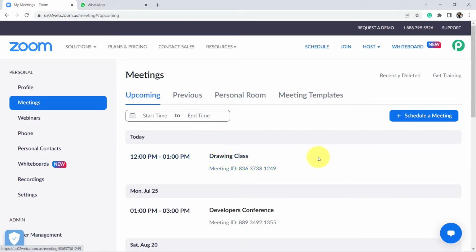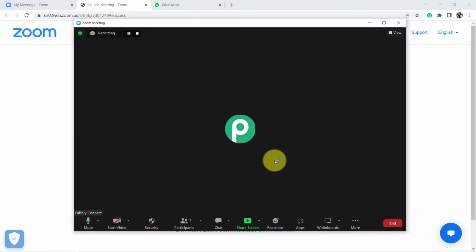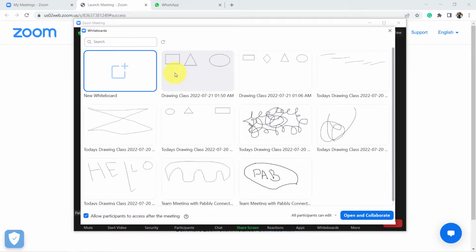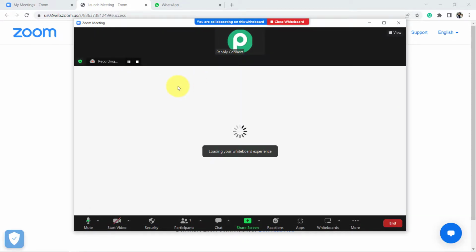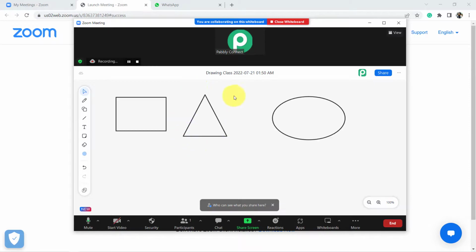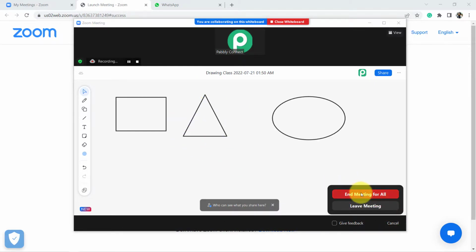So this is my drawing class which I am about to start. The class is going on and I am teaching the students over these whiteboards. Let's say I am teaching them these shapes on the whiteboards. And once I have taught them everything and I am going to end this meeting,